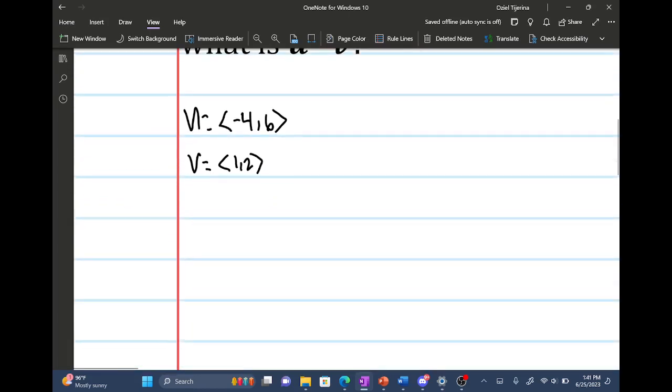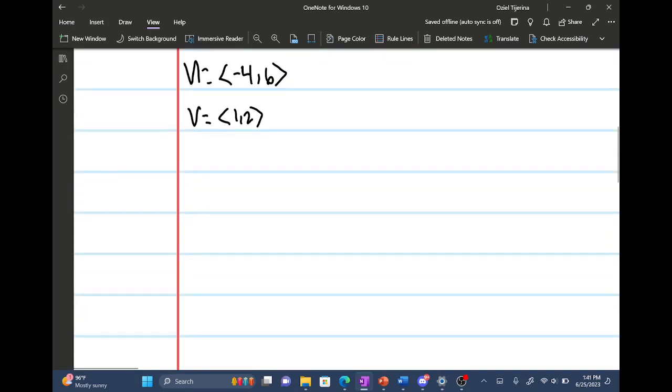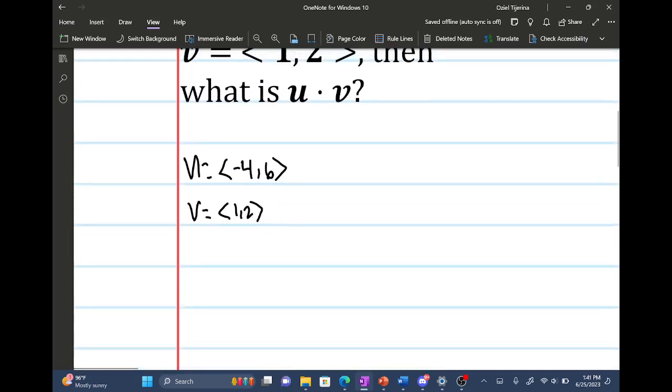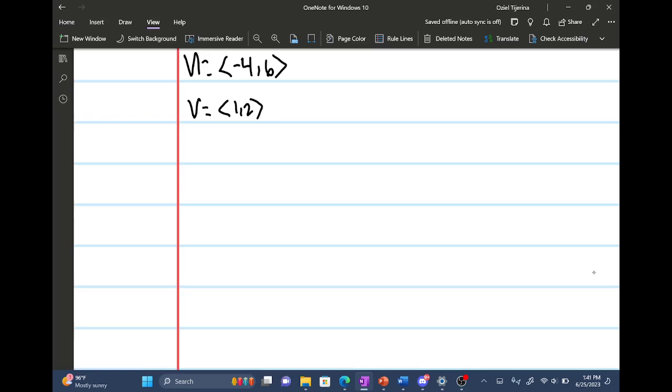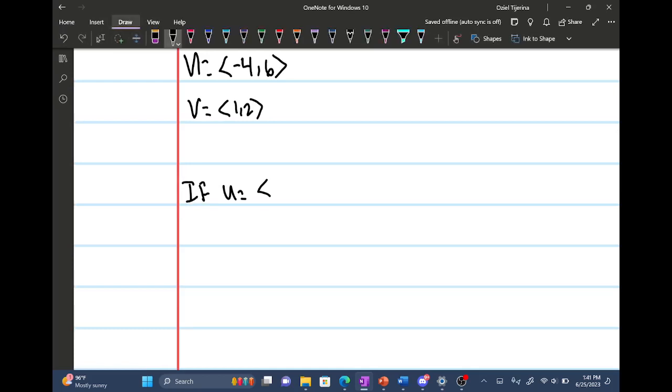Now, of course, when we have two vectors here, if u is equal to some vector called u1 and u2, and v is equal to some other vector, let's call it v1 and v2,